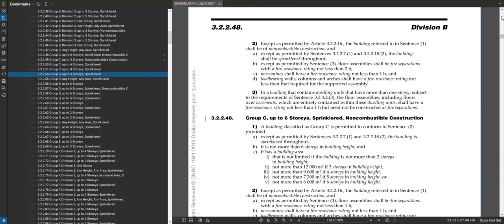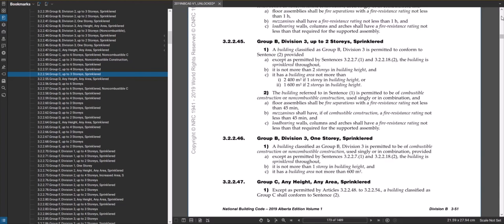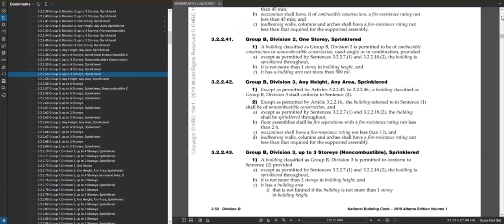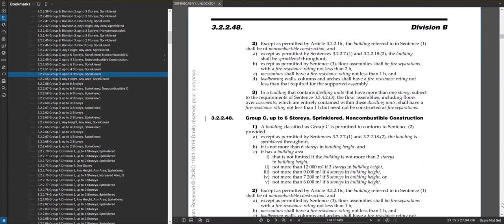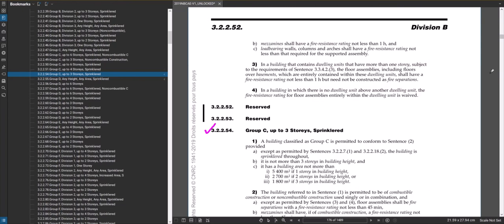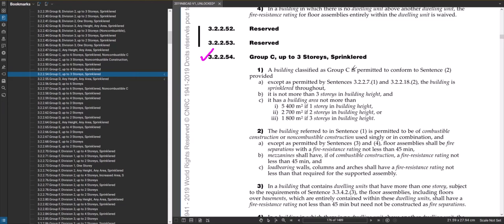Oh, you know what? There is no not sprinklered for C, it looks like. As soon as you're group C, it looks like you're always sprinklered no matter what, by the looks of things. So there you go. So now we found the least restrictive requirement of each one of those groups, and now